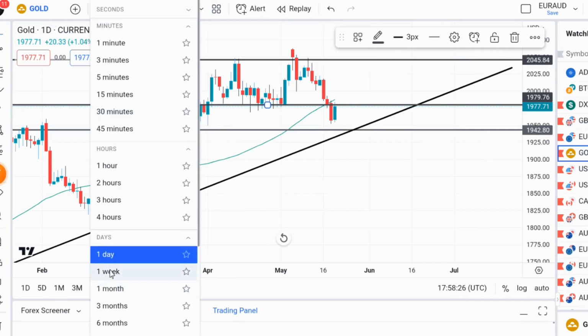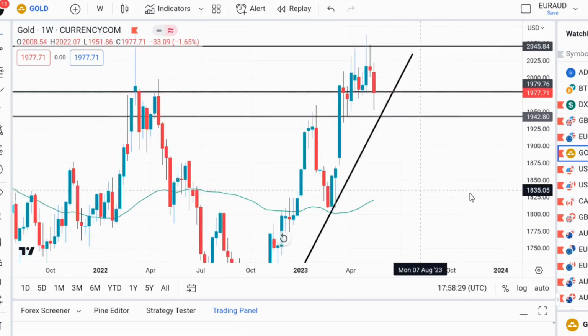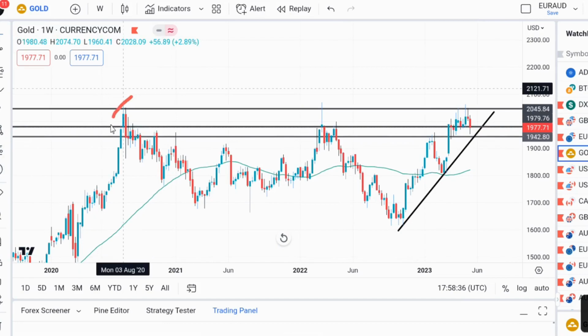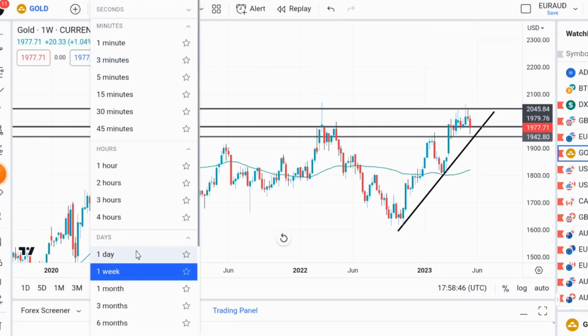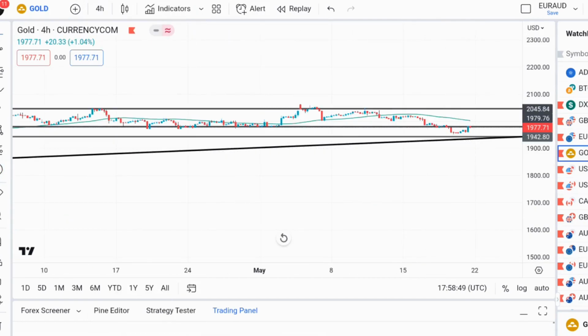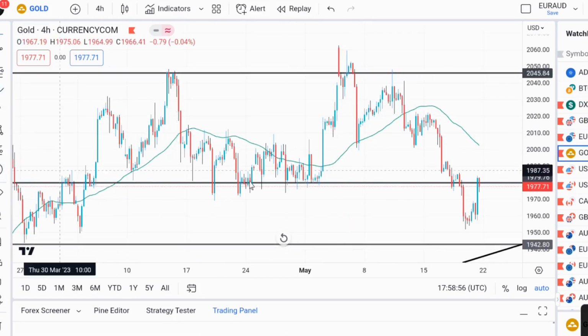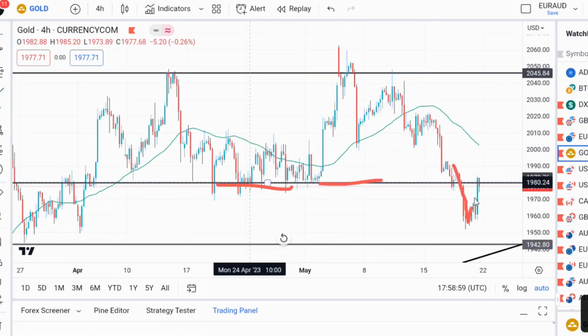If you check the weekly time frame, we can see that we are in a triple top right there. So let's zoom in further. This is the first top, second, and the third one. So we can still look for a further move to the downside on gold before we see a bounce at that particular level. Checking the 4 hours, as you can see, we have a break of this support level to the downside, then it went for a retest, then we should see a move back to 1942 before we see a bounce right there. So we might actually see a bounce from this level to the upside. So let's see how it goes right there.